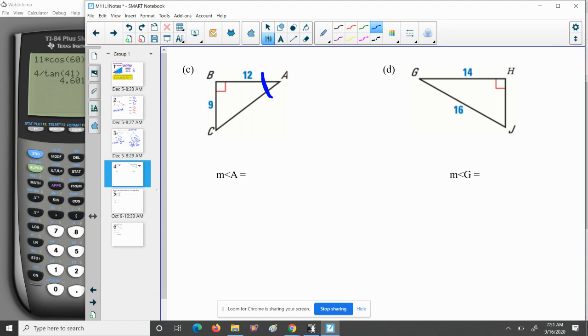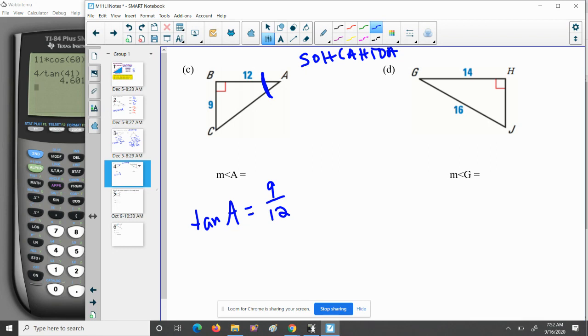Let's take a look here. 9 is opposite of angle A and 12 is adjacent. So again, if you make a quick little note to yourself, opposite and adjacent would be the tangent ratio. So we can say that tangent of angle A is equal to opposite, which is 9, over adjacent, which is